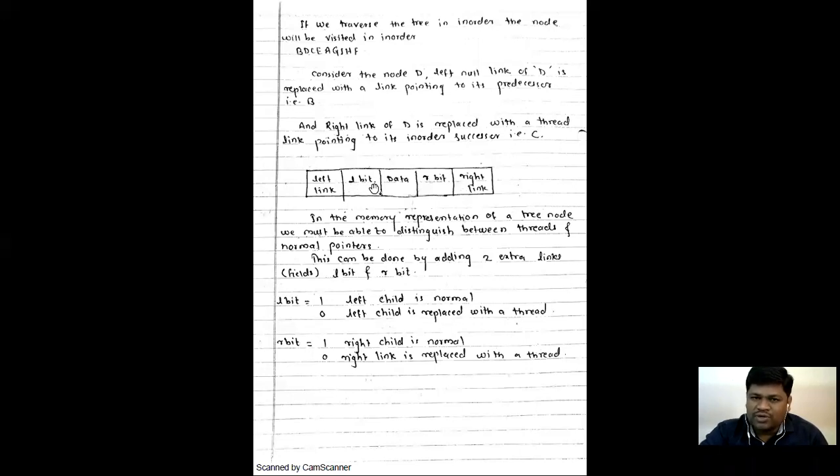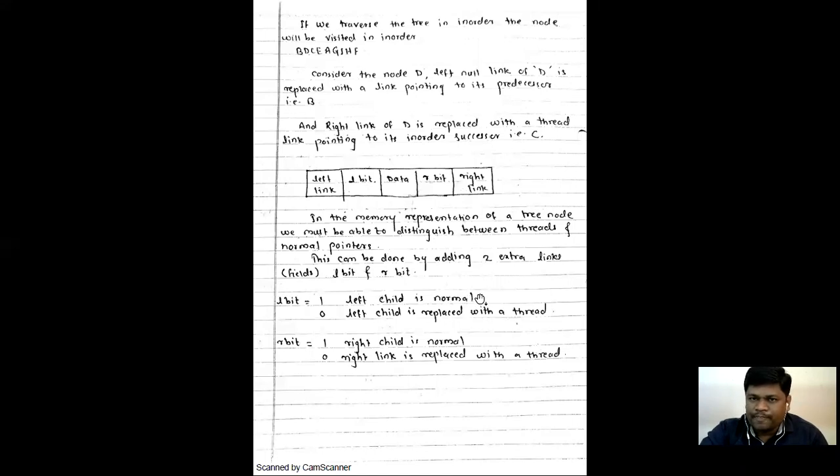हे L bit कधी वापरणार? हे स्ट्रक्चर आहे. इथं लिंकचे ऍड्रेस असणार आहे, इथं L bit असणार आहे, इथं ऍक्च्युअल डेटा असणार आहे, इथं R bit असणार आहे आणि इथं राईट लिंक असणार. So we have added only 2 fields here, L bit and R bit. L bit ला काय व्हॅल्यू आहे? 2 व्हॅल्यू आहे, either 1 or either 0. So when you are using 1,